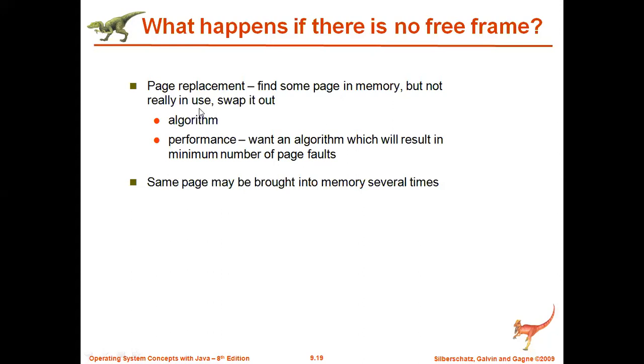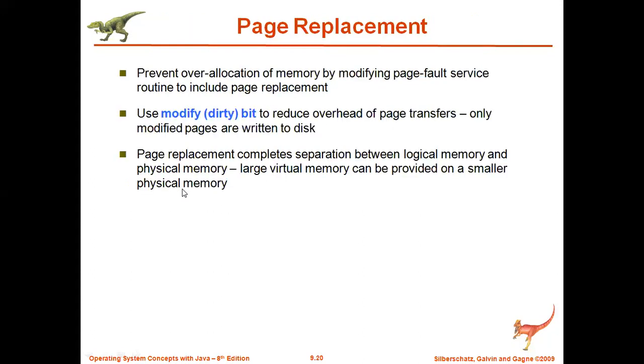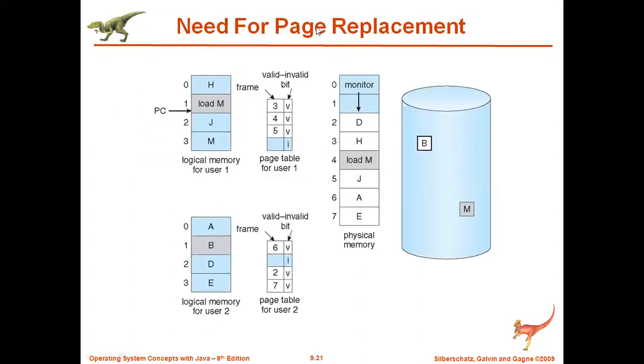To do this, there are n number of algorithms I have to target, because I cannot remove pages randomly or without any knowledge. I have to follow some strategies. Which process I have to send out? Either I send the process in the order in which they have come, that is first in, first out, or based on least recently used, or in such a way that those which are sitting idle for more time in the main memory go out. Which logic will be applied? Those logics are called page replacement algorithms. There are many algorithms for how we can send the page out. For that, again, there is a page replacement strategy.